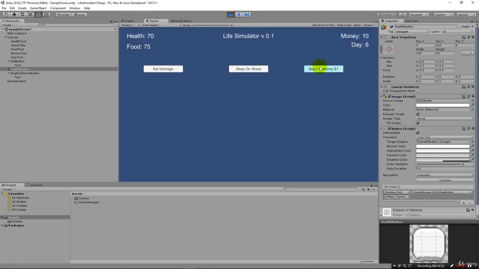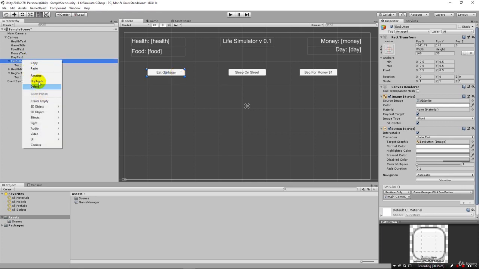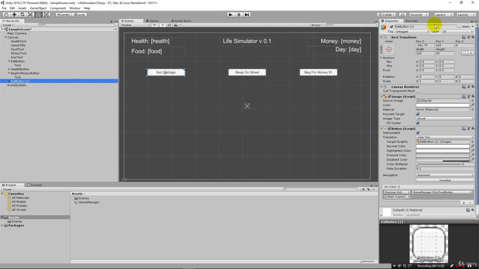Make sure that works. When we sleep on the street, notice our health is going up and our food is going down. And when we eat garbage, our food is going up and our health is going down. So this is the very kind of core basic design of these life simulator games. It's really simple because all you would do from here is build this out. You could have, instead of eating garbage, that you want to eat a sandwich, and we could just come down here, duplicate this button. We call it Eat Sandwich,